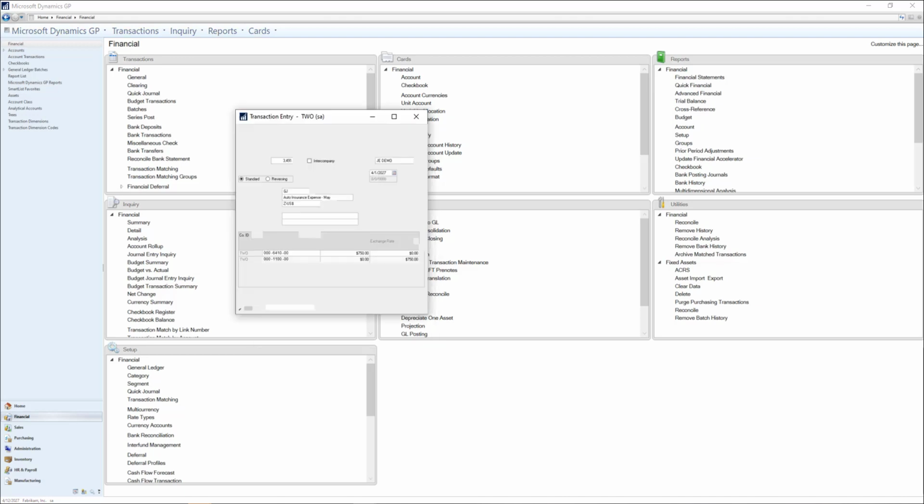To begin, let's go to GP where I've already created a GL batch and entered in two different general journal entries. The first entry is for a monthly auto insurance bill for a small fleet of company vehicles we have. I can see the journal entry number, the description, as well as the auto insurance expense account and operating cash